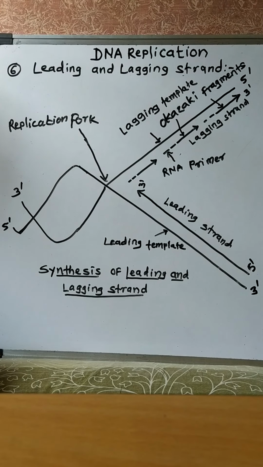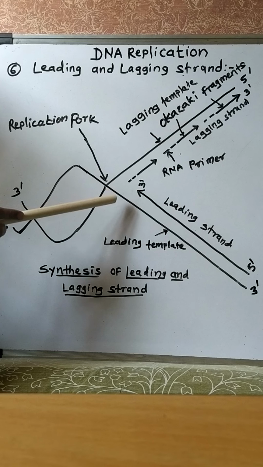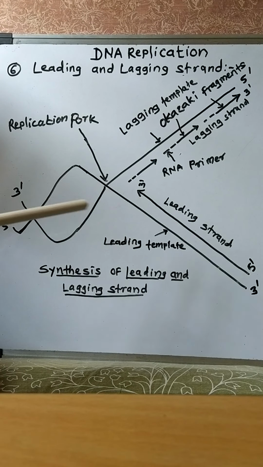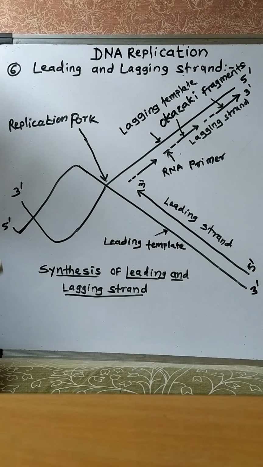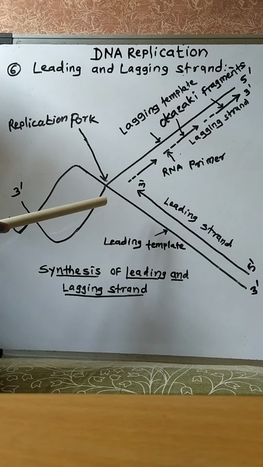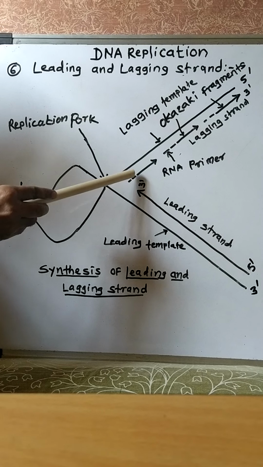So DNA replication, yesterday we completed up to the synthesis of the new DNA strand. Just a revision for that: each separated strand of the Y-shape replicating fork acts as a mold or template for synthesis of new DNA. Generally, that means DNA replication starts from a small RNA molecule. Yesterday we discussed the RNA primer molecule.